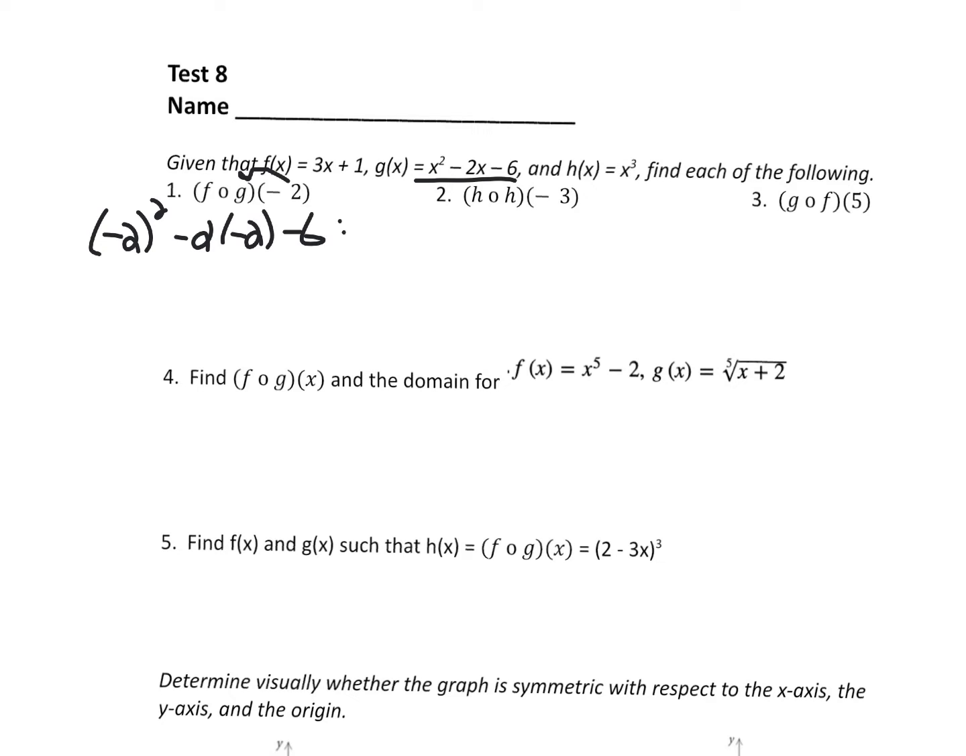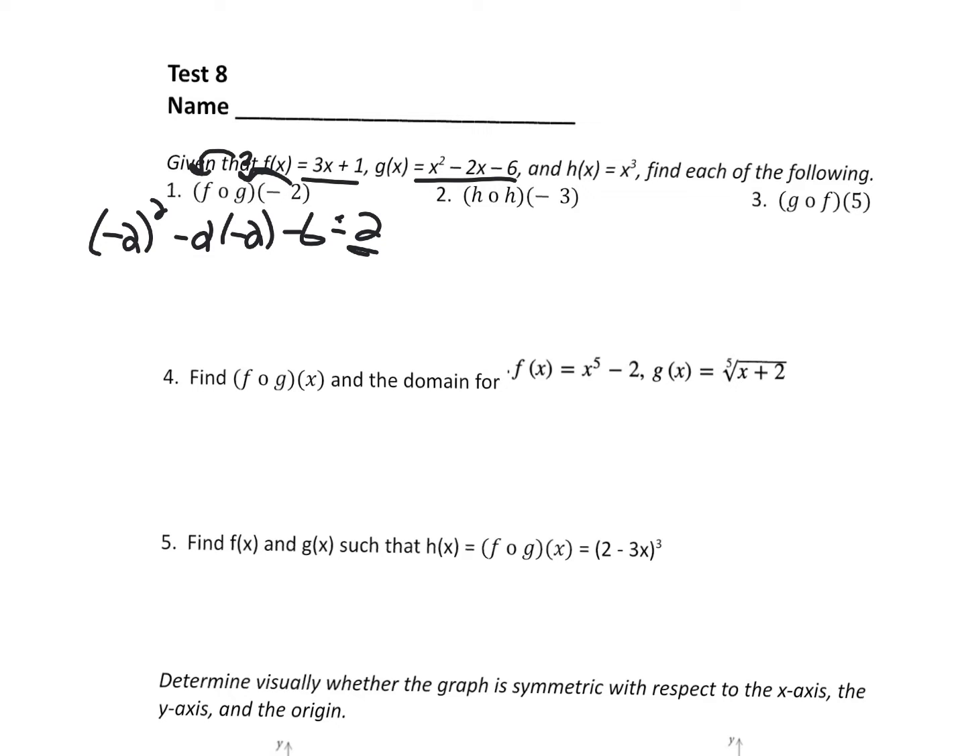Now, if you're going to use your calculator to punch this in, you must use those parentheses. If you don't, it's going to mess you up. It's going to be 4 plus 4 is 8, minus 6, that's 2. Now, that 2 right there, that's not the answer. Now that you found that, you put the -2 into g and got 2, now you take the 2